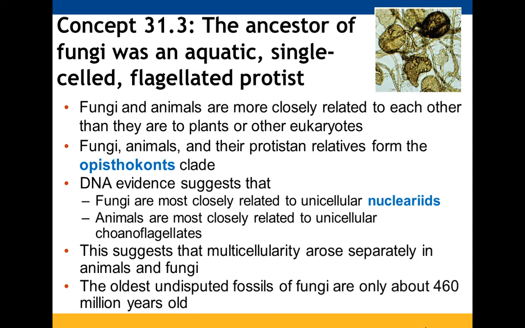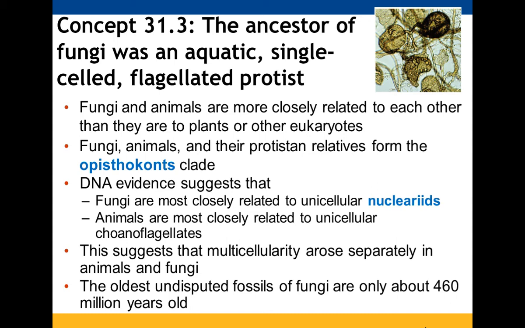So, where did fungi come from? They came from a protist, but they are definitely more alike animals than they are to the plants or other eukaryotic cells. The fungi, the animals, and the relatives that are protist that are closely related to them make up the Opisthokonts clade. They are closely related to unicellular nucleariids, and the animals are most closely related to the unicellular choanoflagellates. So the multicellular features that we see in both animals and fungi came about separately,